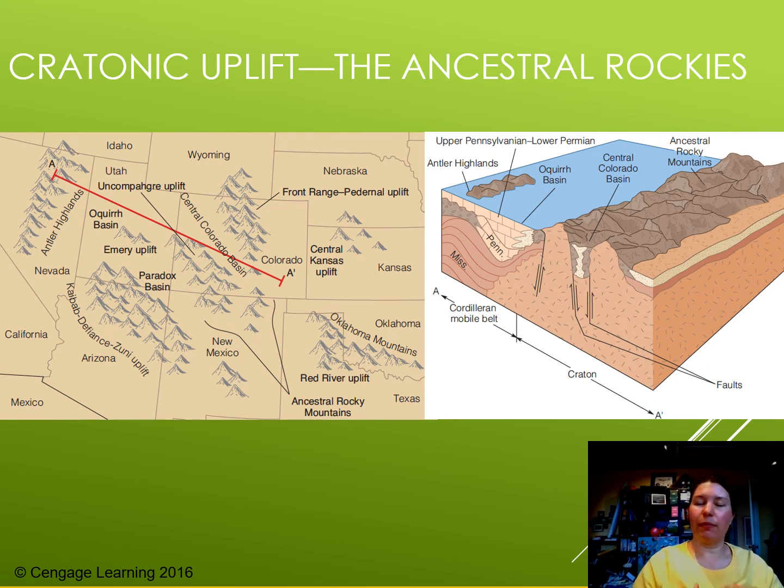All right, so that's a bit about our sea level rises and falls in the center part of North America. What's happening more toward the edges of North America? That's where our mountains are going on. So here is one of our orogenies. This is going to form some of our ancestral Rocky Mountains here as we have the Antler orogeny occurring, and we're forming the Front Range of the Colorado Rockies.